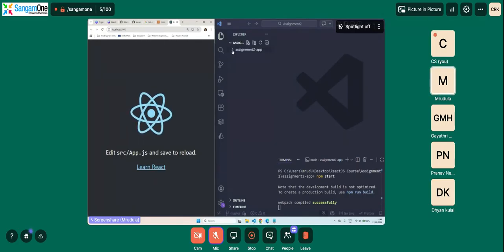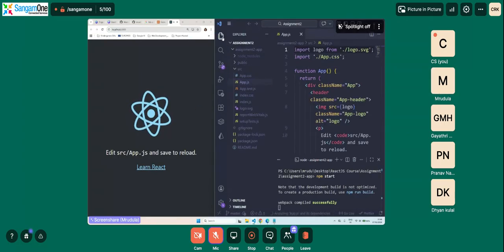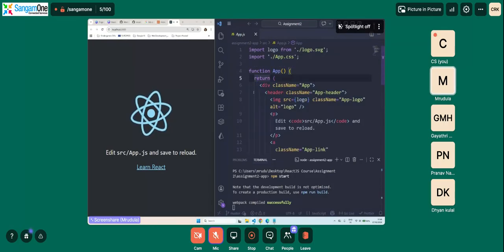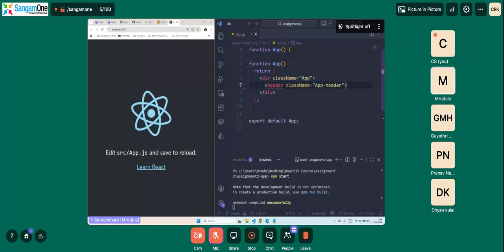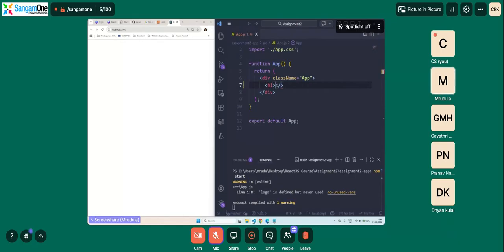As I told you, we will not be touching any other files except the ones in the source folder. So we'll go back to app.js and then we will remove everything from here, but we will not remove the div because as we know, we need the div tag. Now let us say h1 and say Calendar Feb 2026.